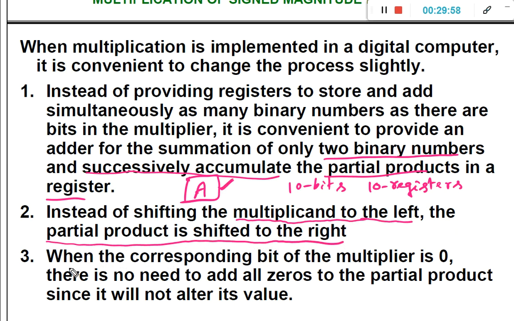Step number 3 is when the corresponding bit of the multiplier is 0. Whenever there is a 0 in the multiplier bit, you need not add all zeros, because if you add all zeros, the partial product will be the same. So why waste time? We need not add anything. We just perform the shift right and decrement the sequence counter.